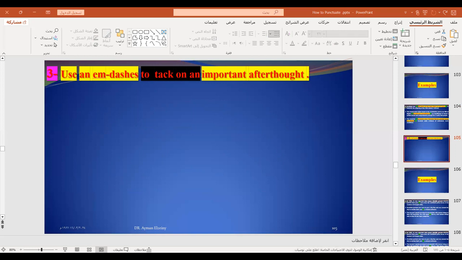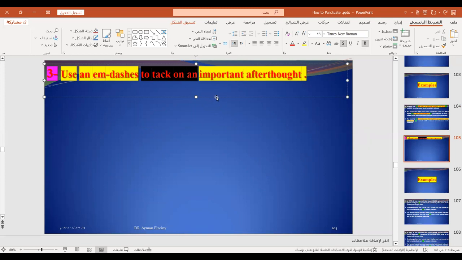The third case for using the em dash: use an em dash to take on an important afterthought. Important afterthought. Use an em dash to take on an important afterthought. For example,